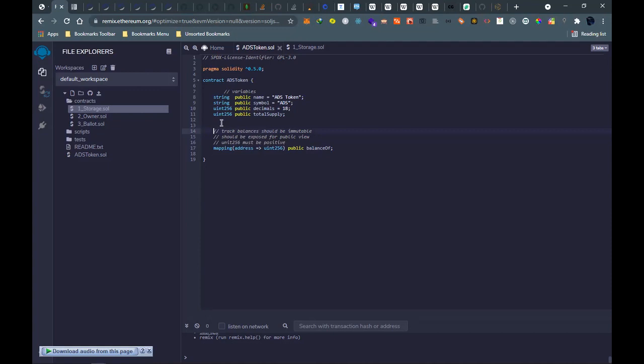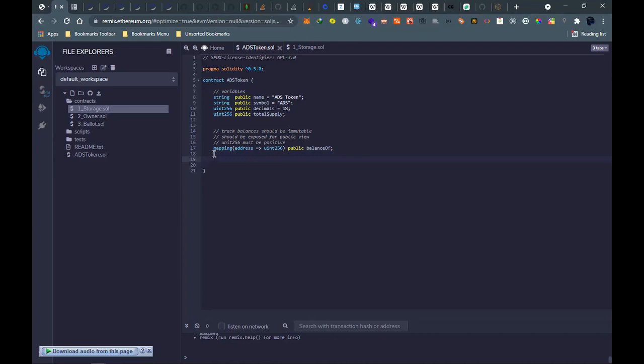Most of these unsigned variables are positive numbers. You should never have negative balances. Yeah, because on the number line we can go up to negative values, like there are people who have negative values in their account.